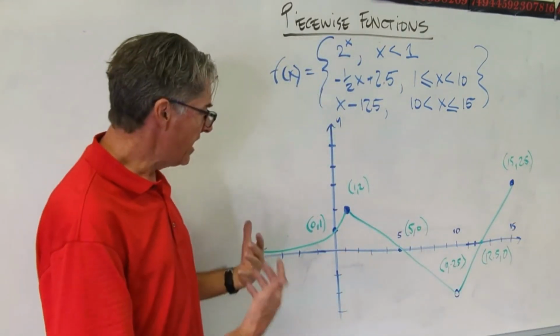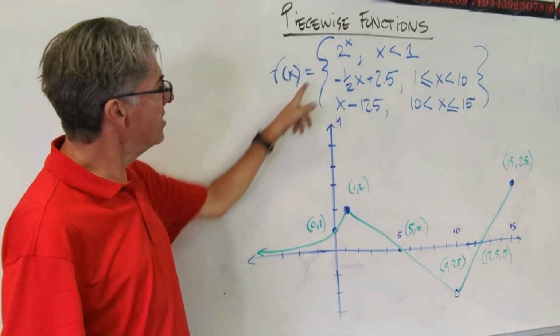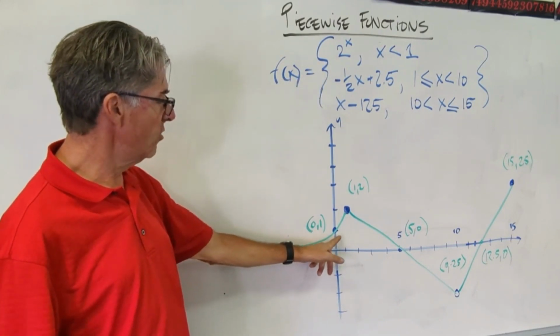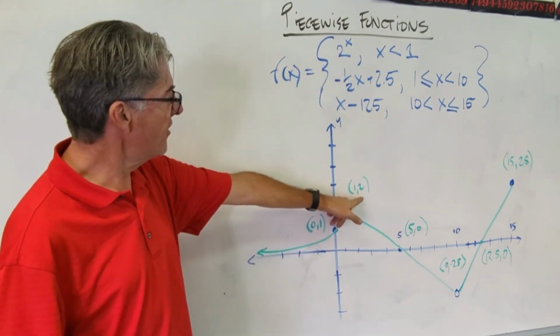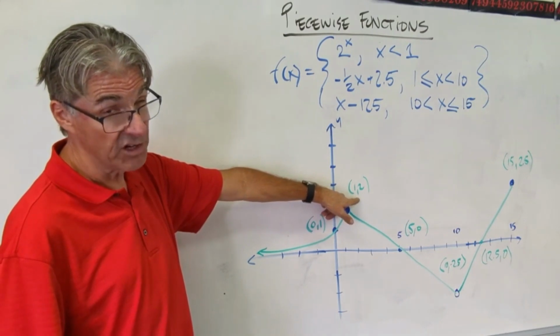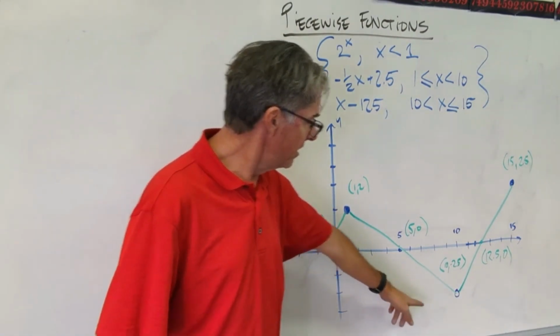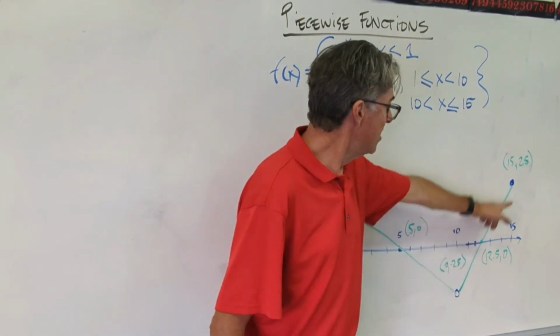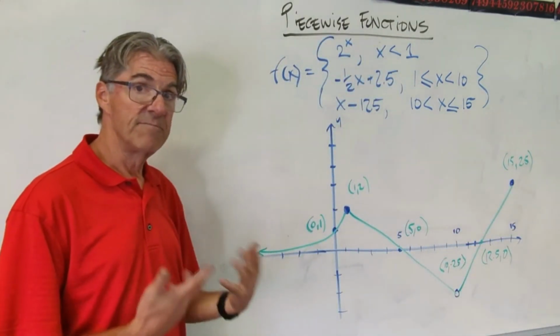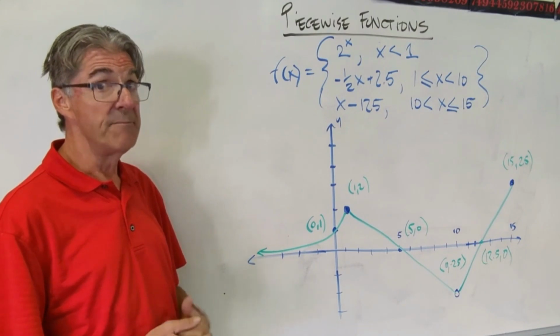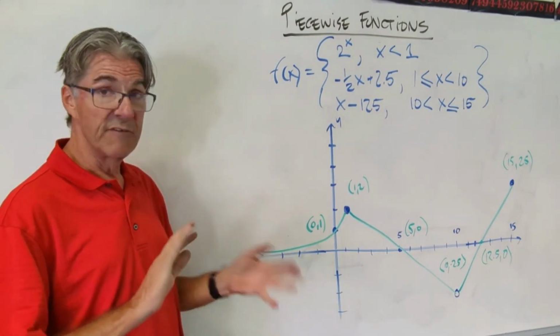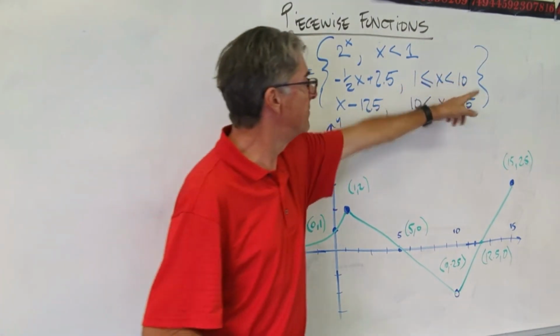Now check it out. I got a bunch of points for free. I know my exponential function is going to go through 0, 1. I marked that. I could tell that point is 1, 2. That's right off the graph in Desmos. Same thing with this 5, 0. That's easy to read. In fact, the rest of these points are easy to read right from Desmos. You can also confirm them in your function just by doing a few substitutions with the end members of your